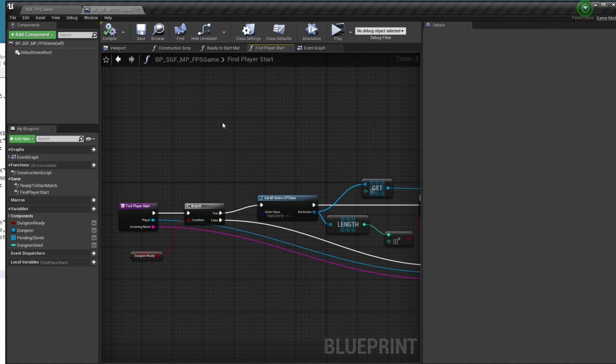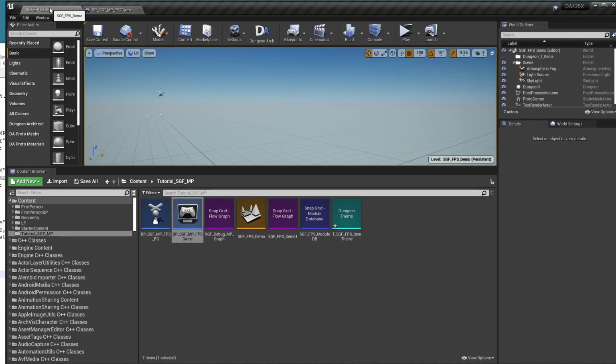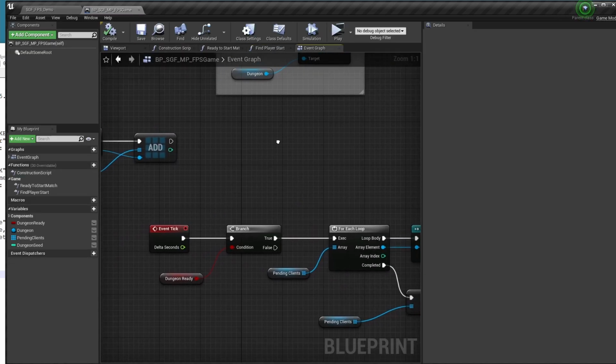Now this is all fine, but we'll have a problem if the spawn room has been streamed out, right? So the player on your server has, let's say, moved far away from the spawn room, and then a client logs in, and this function gets called on the server, and we don't have the spawn room loaded. So what we want to do in this function, what we want to do here is